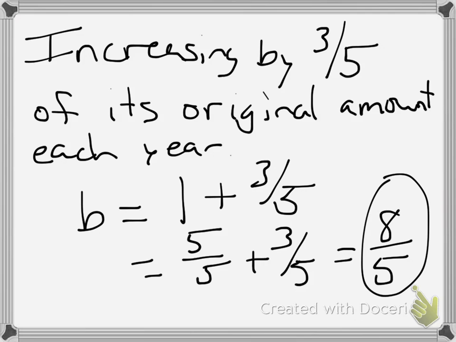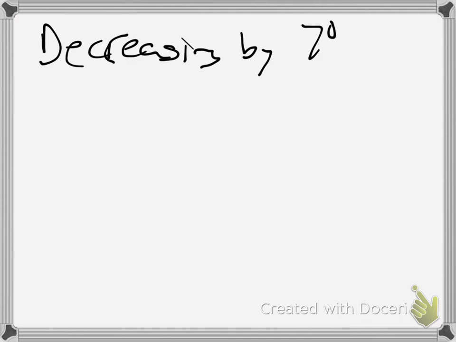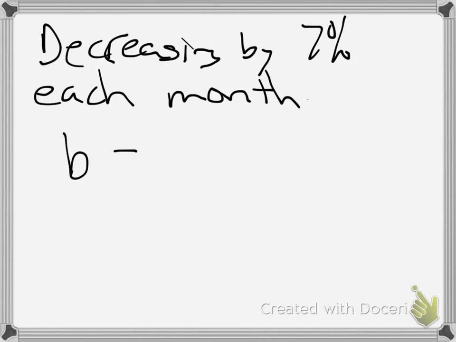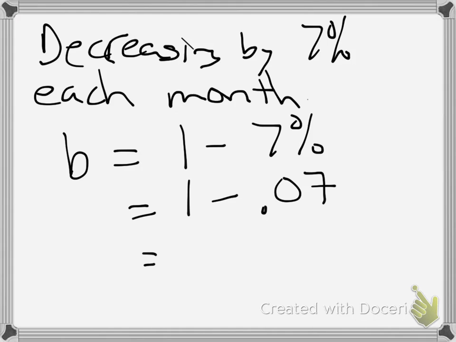Now, decay can sometimes be a little trickier. Let's say something was decreasing by 7% each month. Well, in that case, my b value is going to be 1 minus 7%, or 1 minus 0.07, or 0.93. Because if something is decreasing by 7%, it's losing 7% of what it had. Well, it had 100% to begin with, because 100% is all of something. If I take away 7% from 100%, that would be 93%,